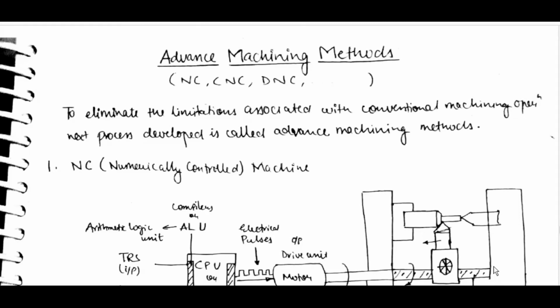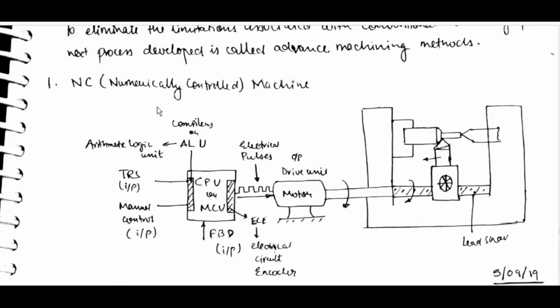Advanced machining methods (NC, CNC, DNC) to eliminate the limitations associated with conventional machining operation. The next process developed is called advanced machining methods. First, NC, numerically controlled machine,